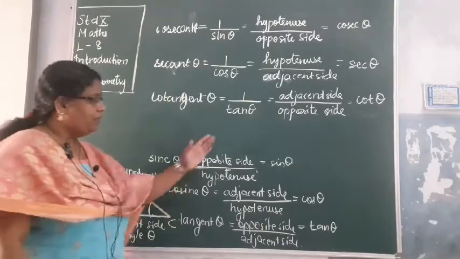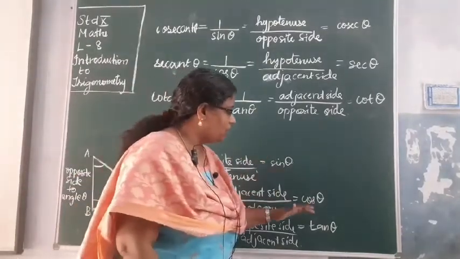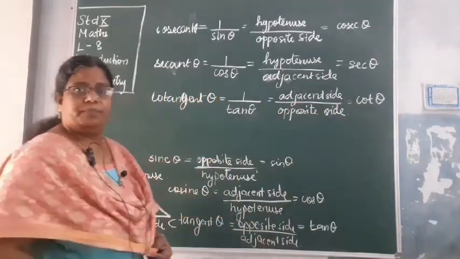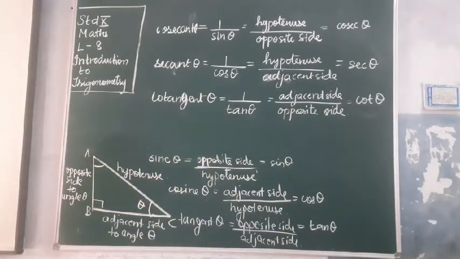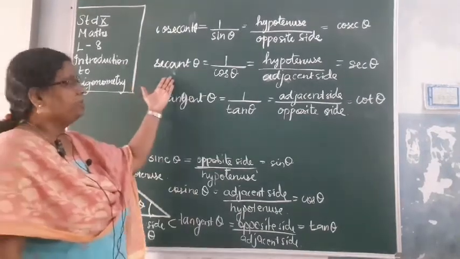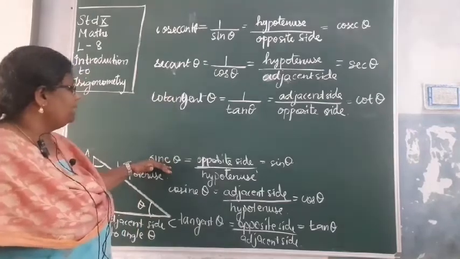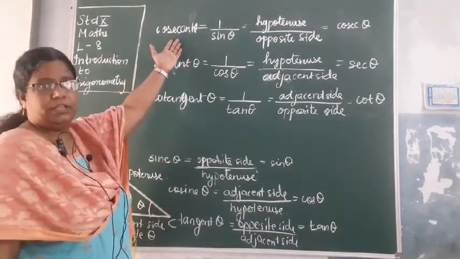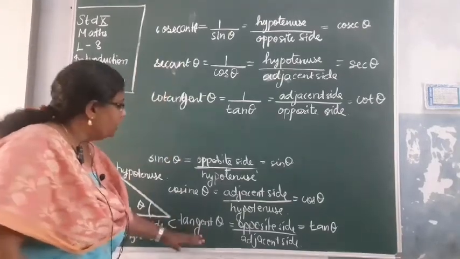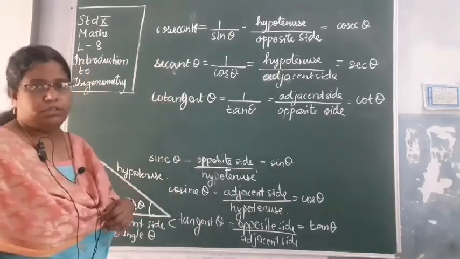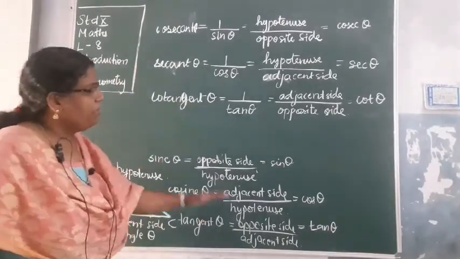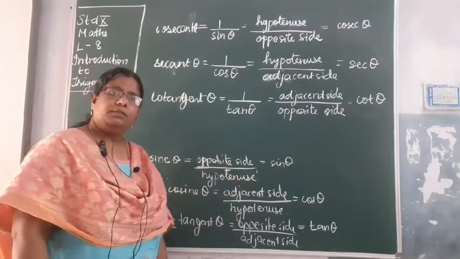So in your books we will be using sin theta, cos theta, tan theta, cosec theta, sec theta and cot theta. That is how it is represented. तो ये 3 याद रखोगे ना, then you can remember this also, because sin का inverse होता है cosecant, cos का inverse होता है secant और tan का inverse होता है cot, cotangent. So remembering one, you can remember the other 3 also.